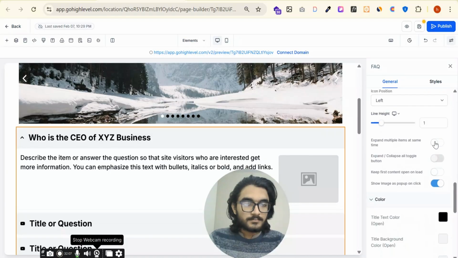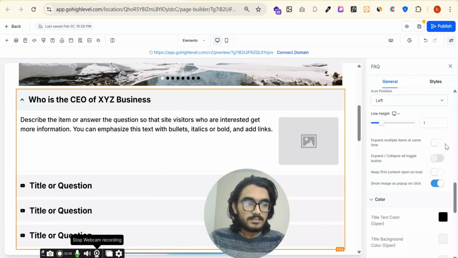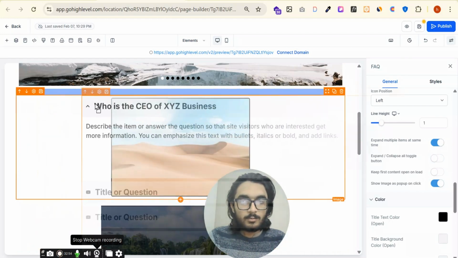And expand the item at the same time. If you want all the items to expand at the same time or not, you can select here, expand and collapse all the toggles button. Means if you want to expand or collapse multiple items at the same time or not, you can select expand collapse all the toggle button. And keep first content open on the load means that you have to open the first question